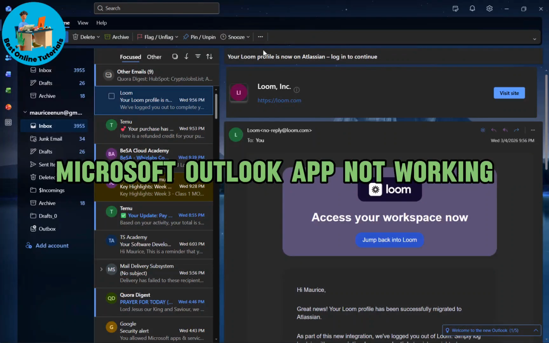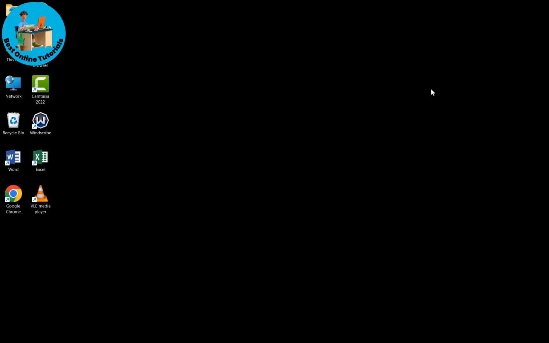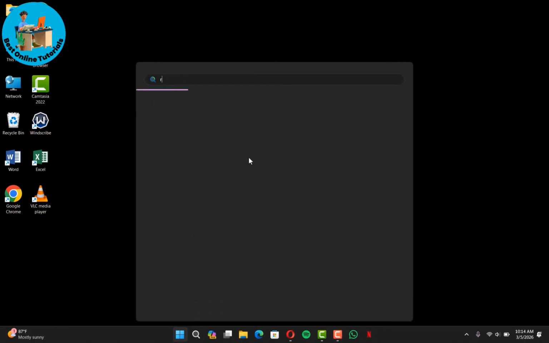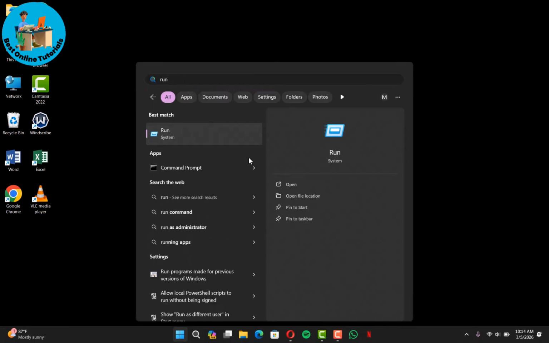Microsoft Outlook app not working. Here's how you can simply fix this, guys. Let's say the Microsoft Outlook app isn't working. All you need to do is close out of it and search for RUN, that's run, and now click on